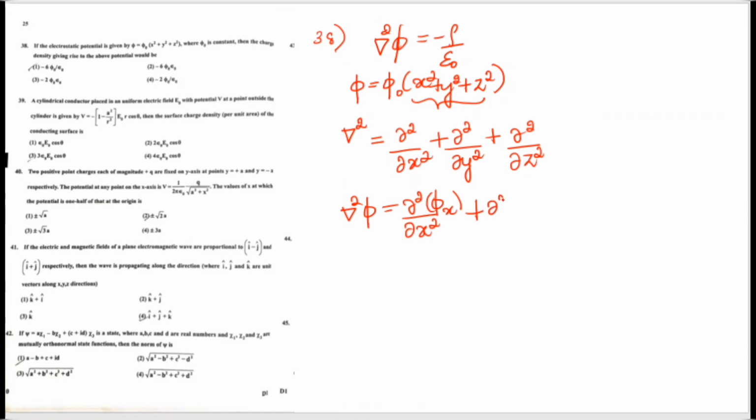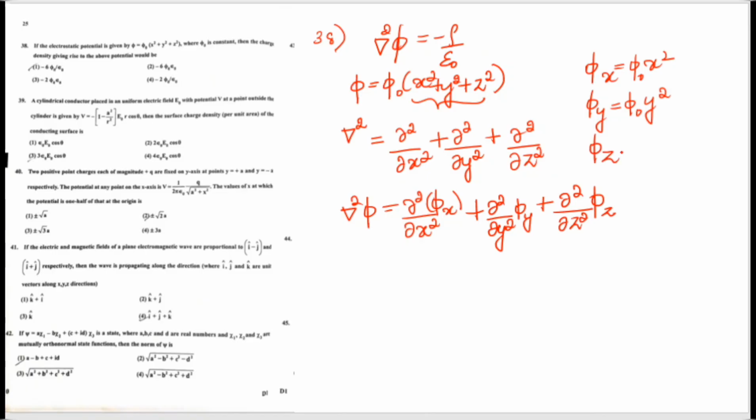Plus del square divided by del y square of phi y, plus del square divided by del z square of phi z. In this question, phi x will be equal to phi naught into x square, phi y will be equal to phi naught into y square, and phi z will be equal to phi naught into z square. Here I observe phi naught is common, so I'll take phi naught out. So del square phi will be equal to phi naught